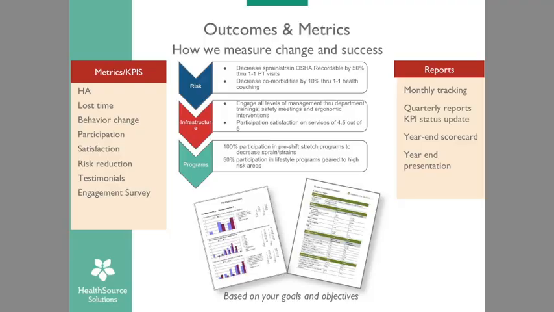As we look at our outcomes and our metrics, back to these key performance indicators, which is a common term that we use a lot in the worksite setting, is what are the things that you're going to measure? Why are you measuring it, and how are you going to measure it? So on the left-hand side of this, you can see that we use things, the health assessment, that's a pre-post lifestyle education thing. It could be lost time from work. So if we're working in a safety program, we may want to evaluate not only the extent of the injury, but how much, what length of time were they off of work before they could come back to work. Things like behavior change, that was what Ashley was talking about, pre-post information.